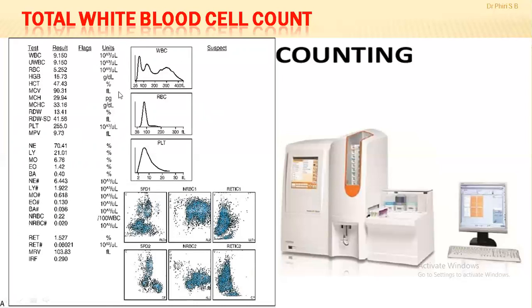Once you have the results, you can easily come up with a diagnosis because you're looking at the white blood cells. If you have an increase in white blood cell count, then you can have some sort of leukemia or leukocytosis. So look at those conditions. If you have an increase in red blood cells, polycythemia; if you have a decrease in red blood cell count, then you have some kind of anemia. So these results you'll be able to